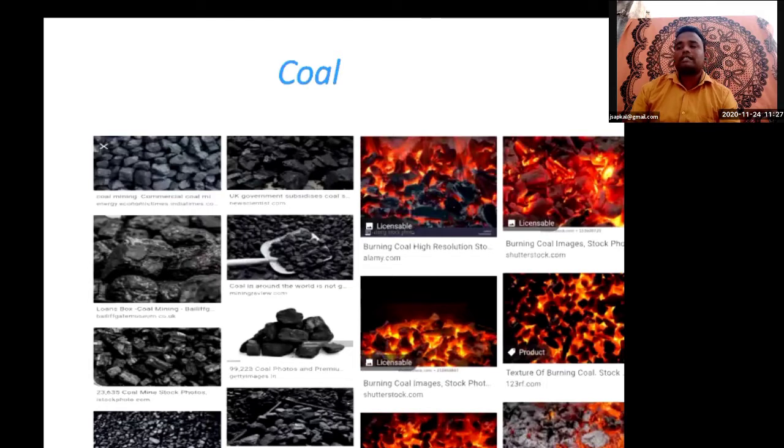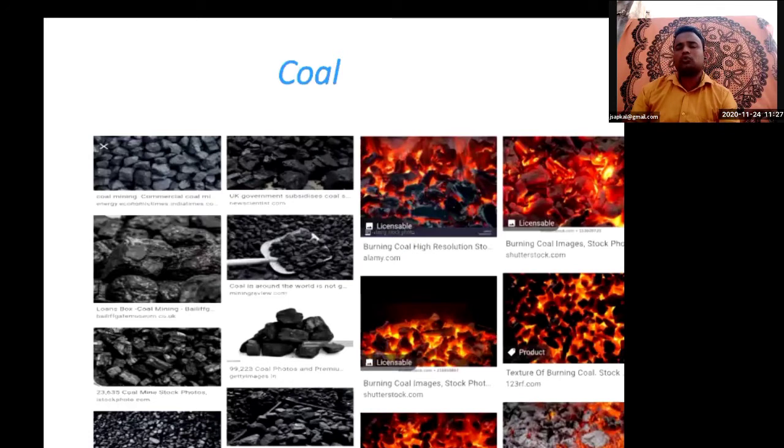Now coal is in a way a storehouse of carbon. It is burned to obtain heat energy. Coal is used as a fuel in thermal power plants, as well as in boilers and railway engines. What is the use of coal? Coal is a storehouse of carbon, and carbon is an element. Coal contains a large amount of carbon, and when you burn coal, you get heat energy. That is why it is used for various purposes. So it is used in thermal power plants. Thermal means what? The word thermo.